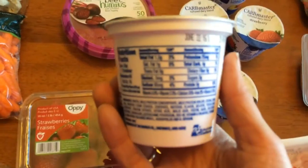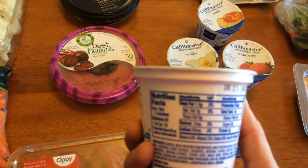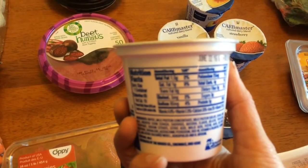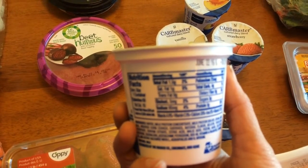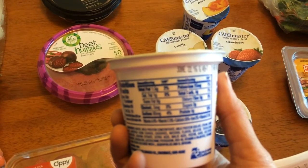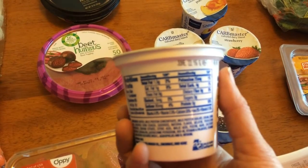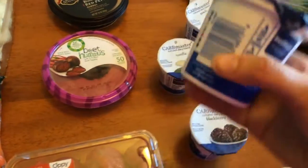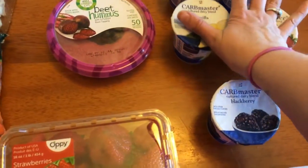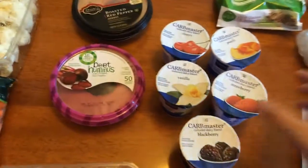is that they are 60 calories. I don't think that's focused, so I'll read it to you. It's 1.5 grams of fat, 1 gram of saturated fat. Then it has 4 grams of carbs, 3 grams of sugar, and 9 grams of protein. So these are nice. They're 6 ounces, so I believe that's the same size as the Dannon Light & Fit, which I have a ton of too, so I shouldn't really have gotten these, but like I said,